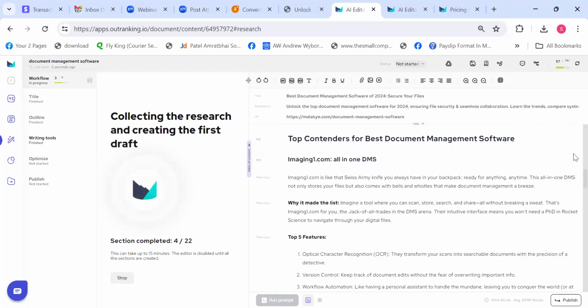So when we talk about, so here you go, imagine1.com all-in-one DMS. And here you go. Imagine1 is like that Swiss Army knife you always have in your backpack. Ready for anything, anytime. This is all-in-one DMS. Not only stores your files, but also comes with bells and whistles that make document management a breeze. Why it made the list? Imagine a tool where you can scan, store, search, and share all without breaking a sweat. That's imagine1.com for you, the jack of all trades in the